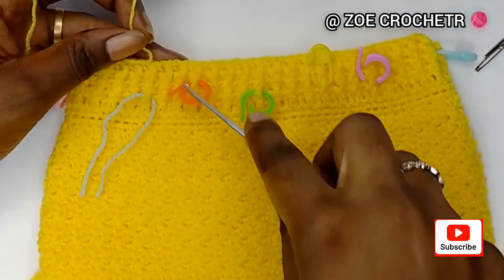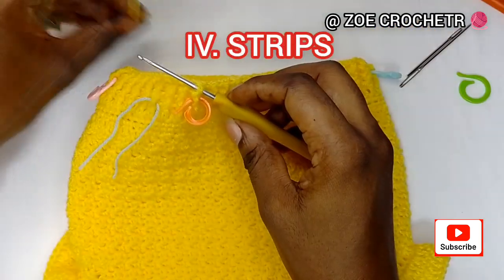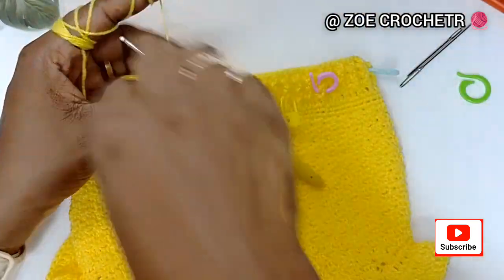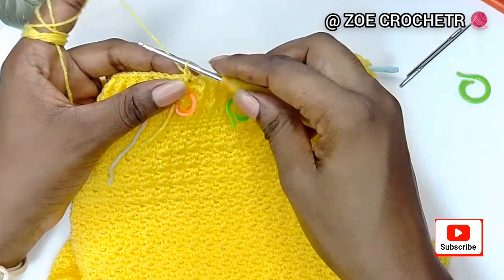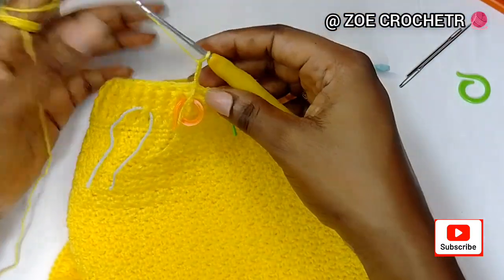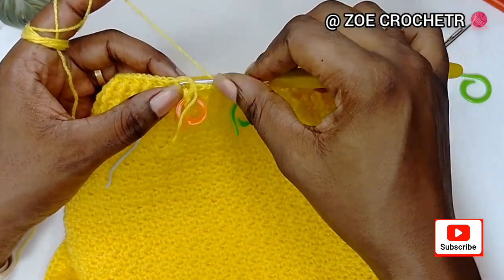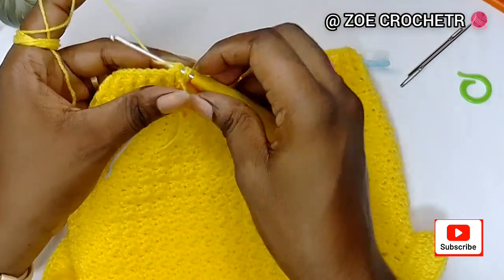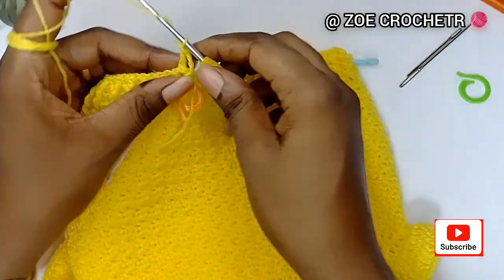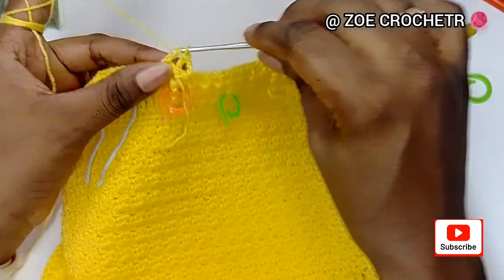So you want to come here, insert your stitch marker, insert your hook, and bring the tail in front. You want to chain 3, 1 2 and 3, and this chain 3 here represents our first double crochet. Yarn over, and into that back post you're going to make a back post double crochet, yarn over, and make the third,